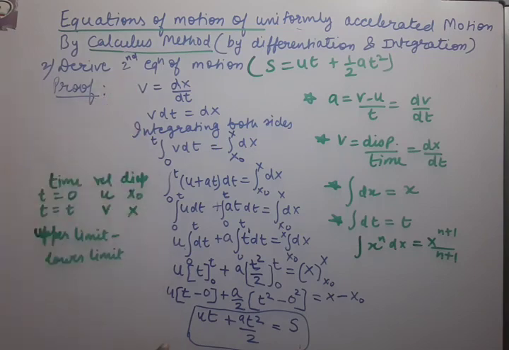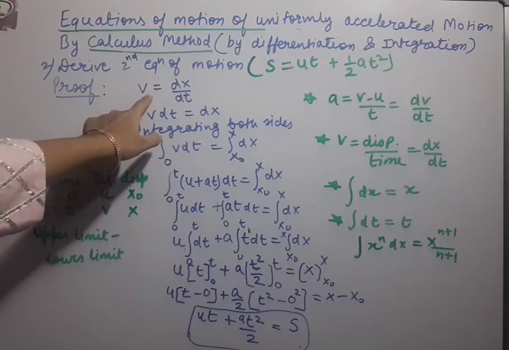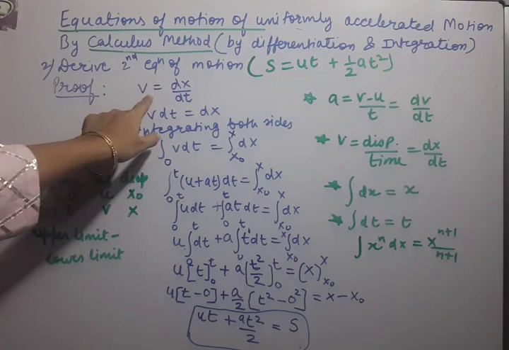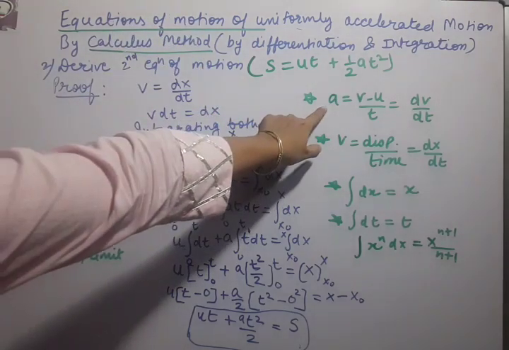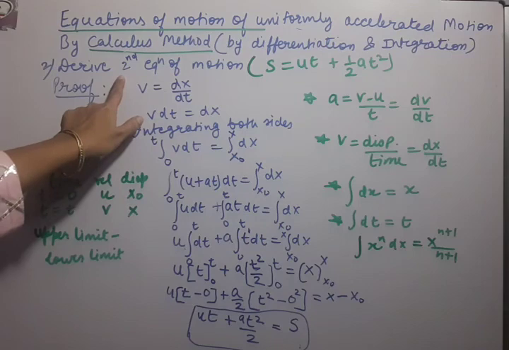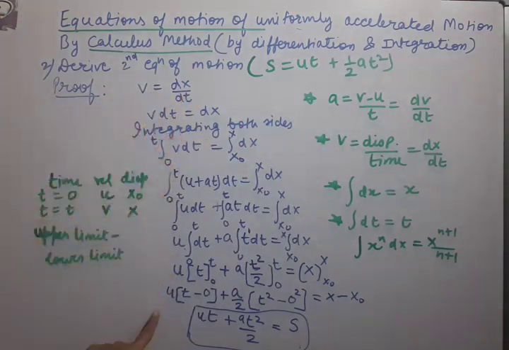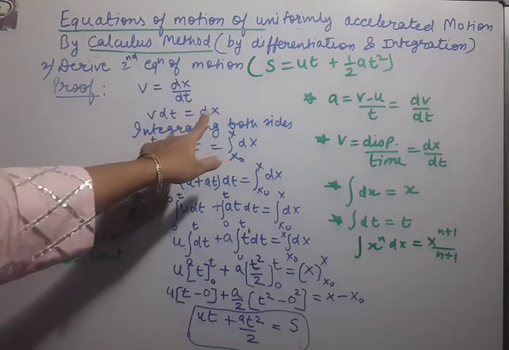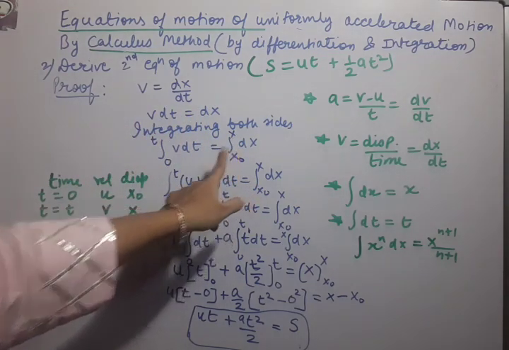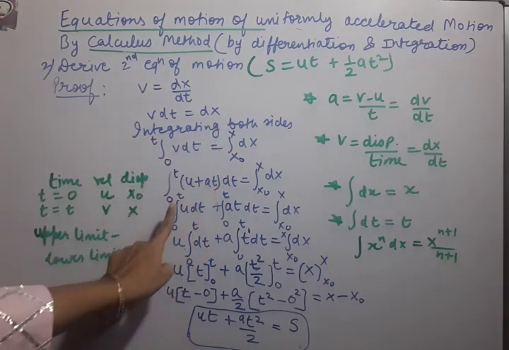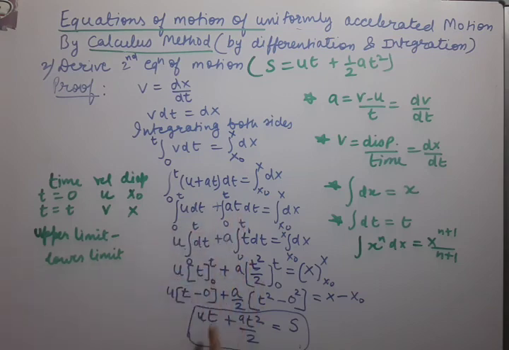So the proof is this way. What you have to take care of is which equation to start with. In our first equation of motion, we started with a, and in our second equation of motion, we started with v, v equal to dx by dt. After that, the steps are the same: cross multiplication, integration on both sides, deciding the limits, putting the v value, and then doing the integration, after that putting limits, getting the answer. So this is how we have to do it.